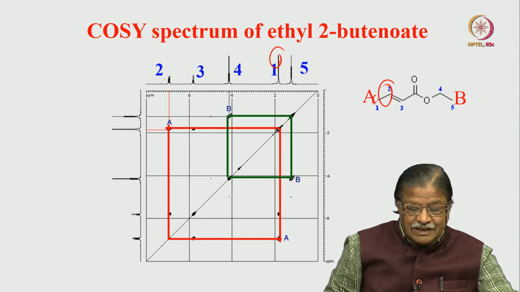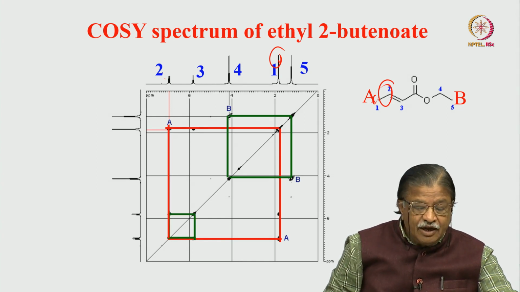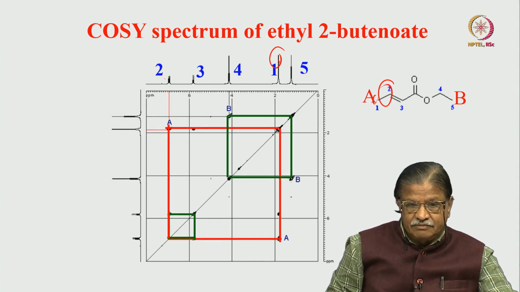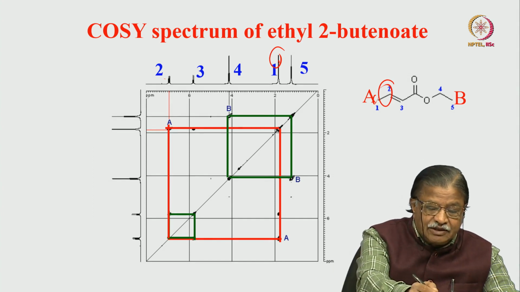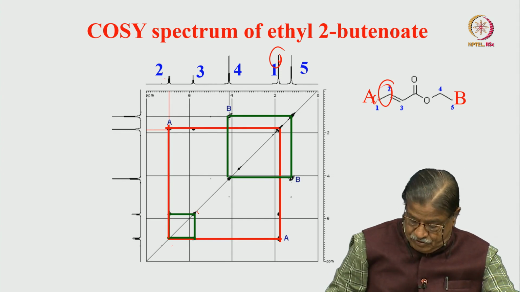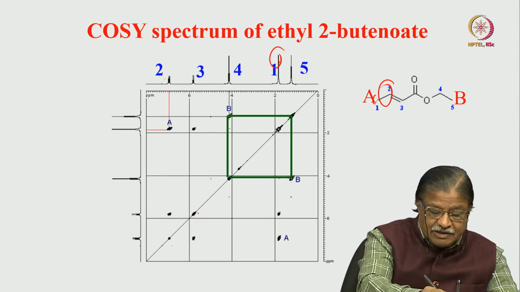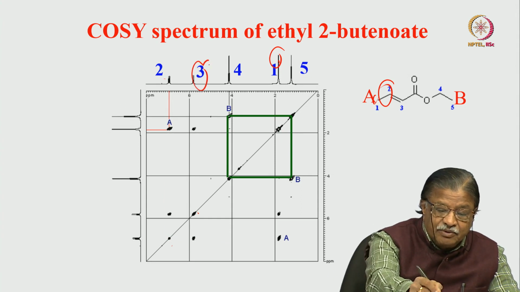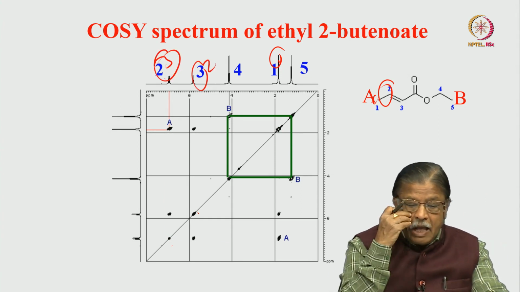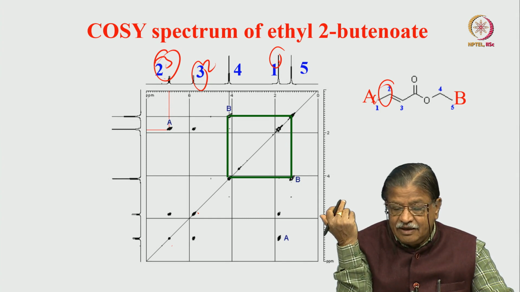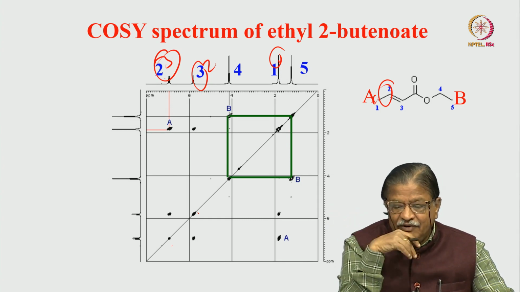Okay. At the same time, you can see 2 is also coupled to 3. You may ask me a question, why not this 3 and this, why not this 2? You can complete a square like this, and this may become, and this also may become, you may say this is 2 and this is 3. We can say that, but we can also use some